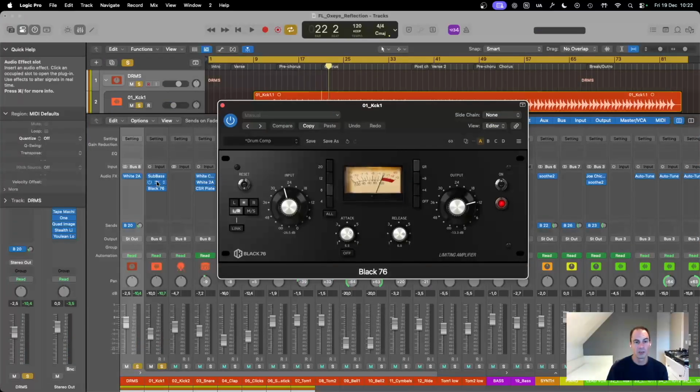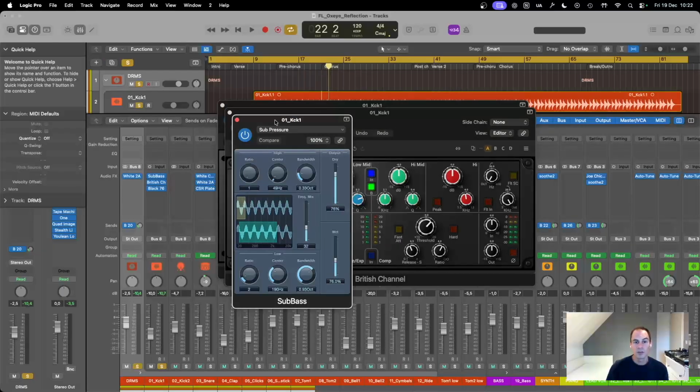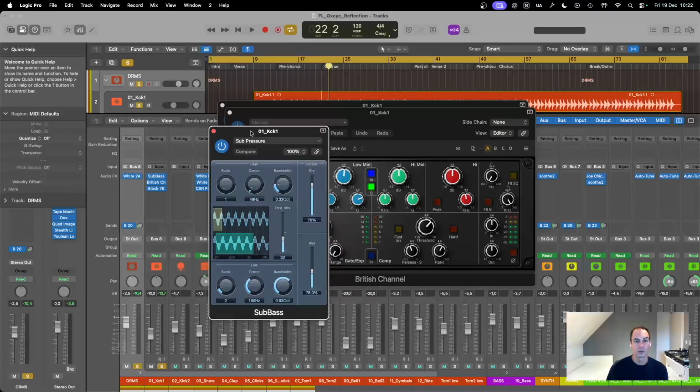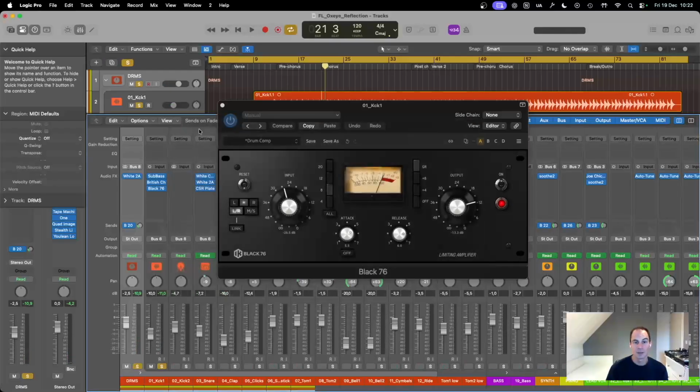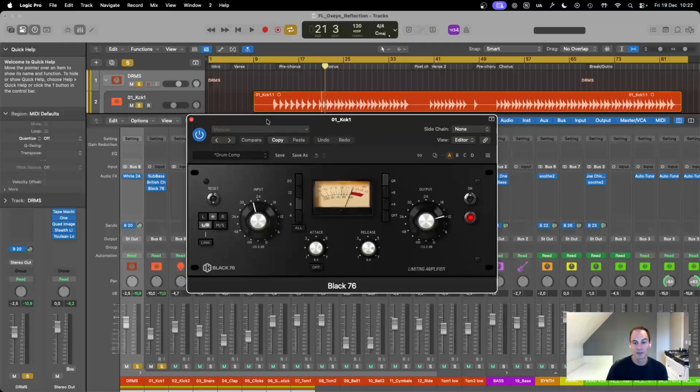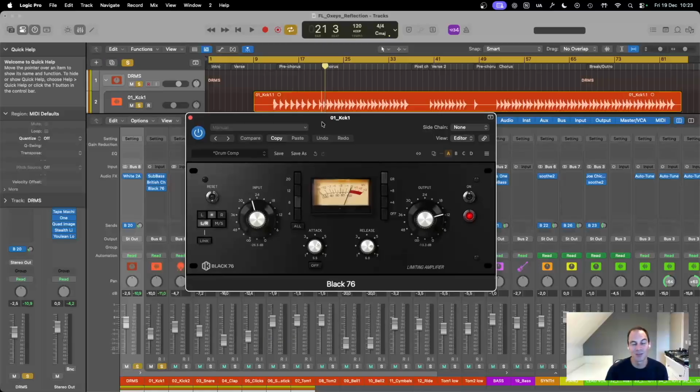Let me show you these actually. So first there's this sub bass, which is a native plugin from Logic, which just adds a lot more sub. Then we have this kick boom setting on this British channel, which clearly pushes the low a lot. And there is some compression on here, but not a lot because you don't see it on the meters even, but it's turned on. And then we have this guy, the Black 76, which I forget what it's modeled on, but it's one of these go-to guys